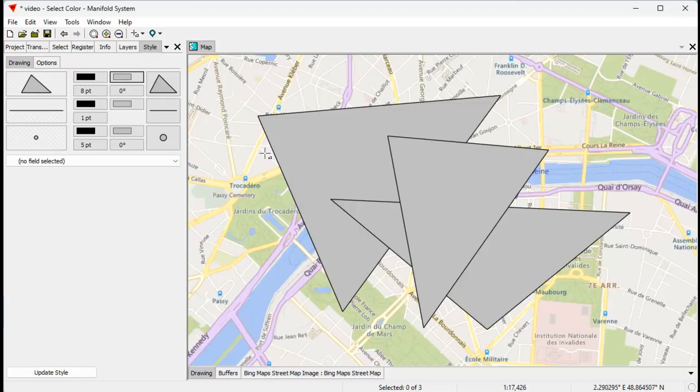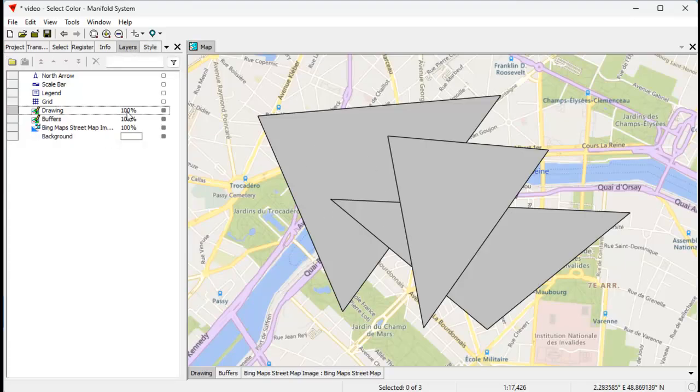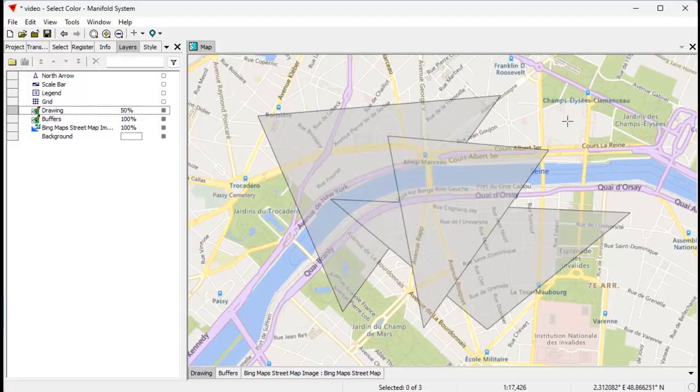Now we can change the opacity of the layer here using the layers pane, but that changes the opacity of all the objects in that layer. So let's make the drawing layer 50%. And you can see how when we change the layer to 50%, the background layers will shine through the objects that are in the drawing layer because they're only 50% transparent. But within those objects themselves, you really can't see how those objects are transparent or where they actually are. For example, we can't see where the overlap is here between that furthest back triangle and the triangle which is most on the top. So let's go back and make that 100% so we're not confusing things with